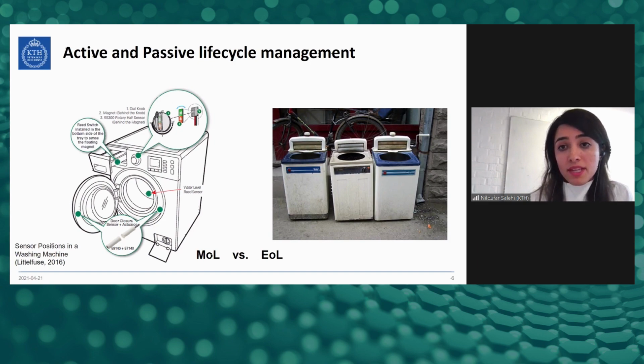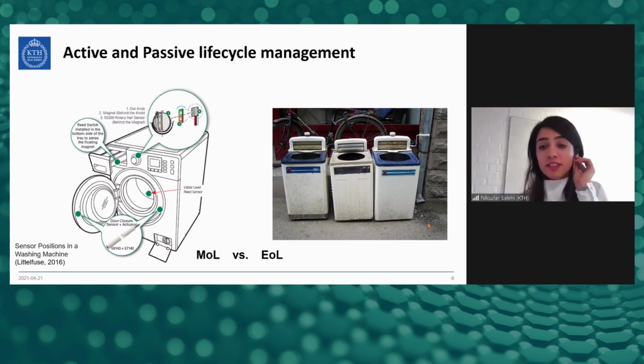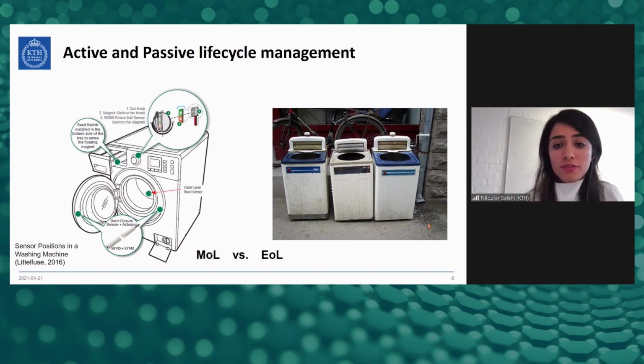management of a product. It means that you can have real-time information during the use phase of the product, like the washing machine, and then you can give suggestions to your customers during the use phase. Previously, we had an information gap in this phase. So instead of having a reaction after what happened, you will be proactive and decide accordingly with these tools and